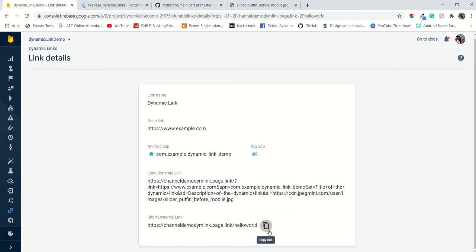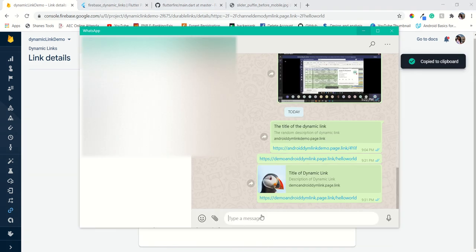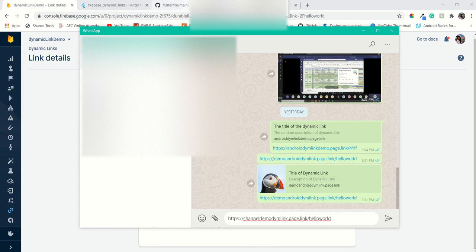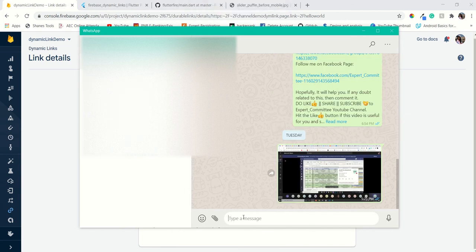Just copy this link and then paste it anywhere, Snapchat or anywhere you can share it. So wait and then send it. It will take some time. So I just paste that link, whatever we copied from that short link, and then wait for a while. It will come up with the title and description, I think. Yeah, definitely it will come, but I think there is a net problem.